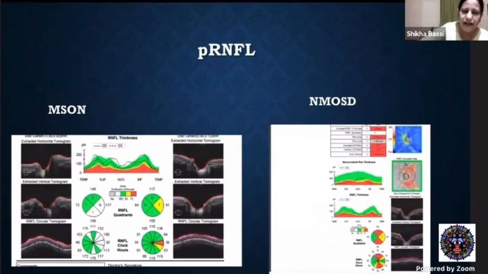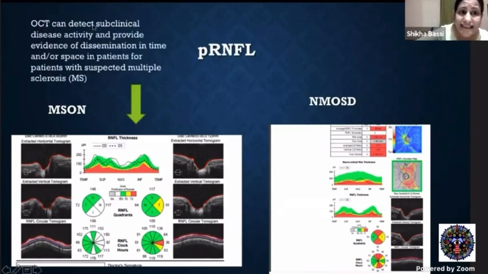Now, let's look at 2 different cases of optic neuritis, one because of MS and the other because of NMO. This patient has had an acute attack of optic neuritis in the right eye, and you can see in the acute attack in 2 quadrants, increased thickness of the peripapillary retinal nerve fiber. But what we also notice is that the patient has presented with acute optic neuritis here and no complaints in the left eye, but there is a thinness noted in the left eye, which shows that somewhere in time the patient has had an attack in the past in the left eye.